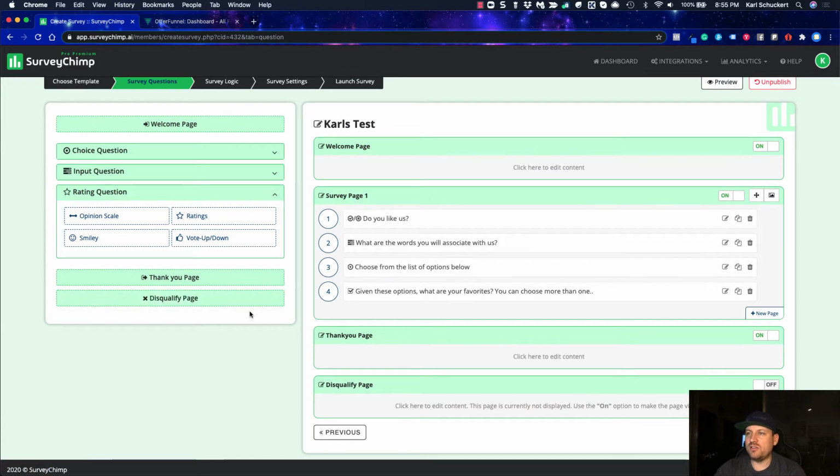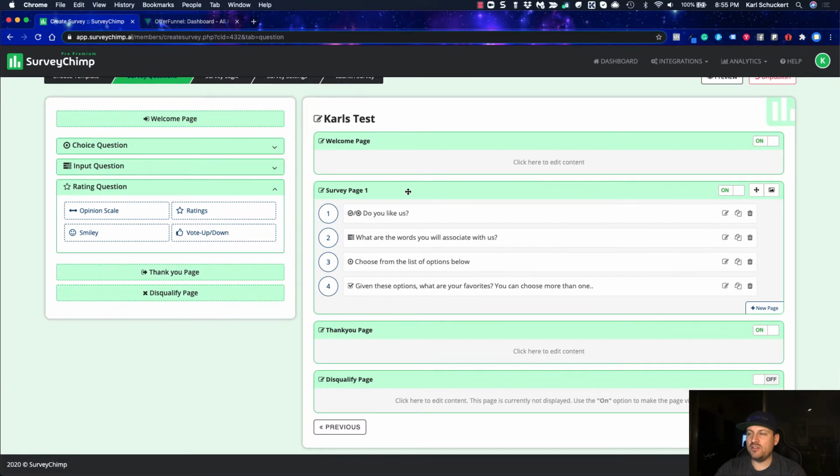And then the other thing is you can do sentiment analysis, and you can also create what's called a disqualified page. So basically, you could choose if someone says no or doesn't like one of these questions, you could actually have a disqualifying page come up, which is really neat. Basically, just saying sorry, you don't sound like a great fit, or if it seems like an application or something like that. A lot of interesting things you can do with that, okay? And then I'm going to go ahead and hit next.